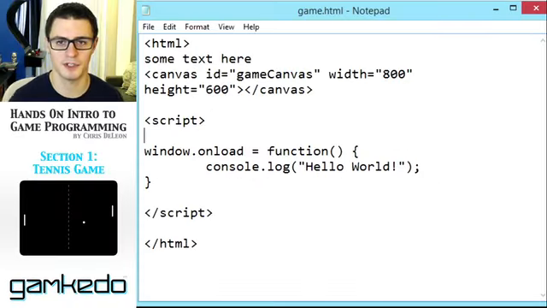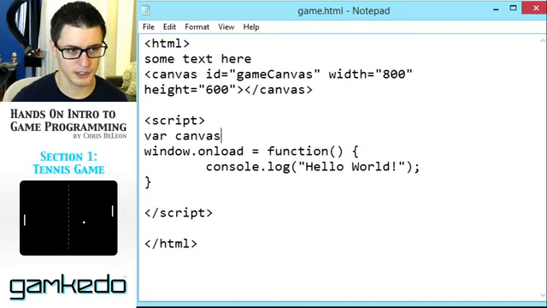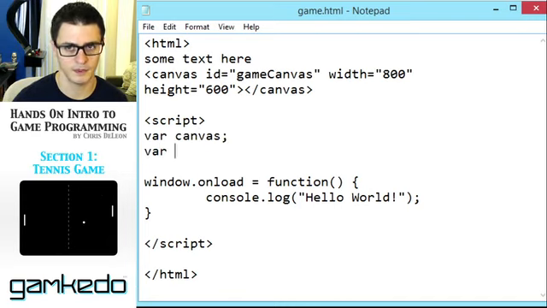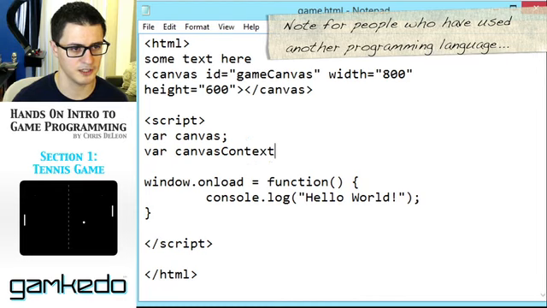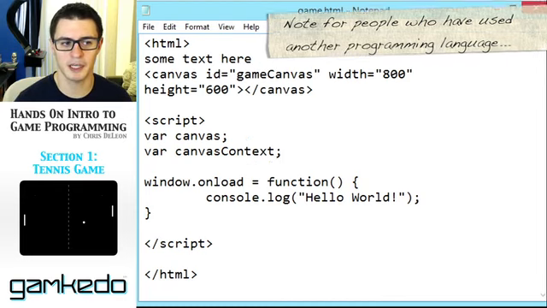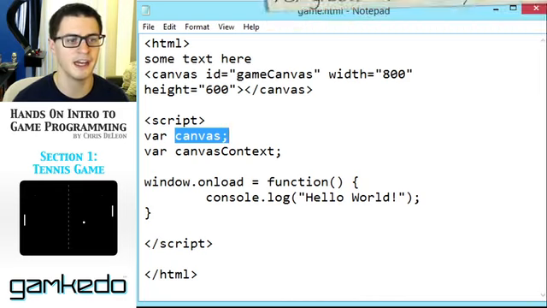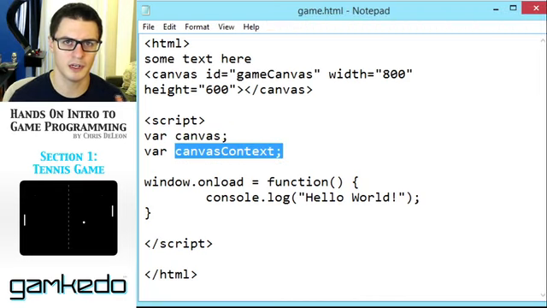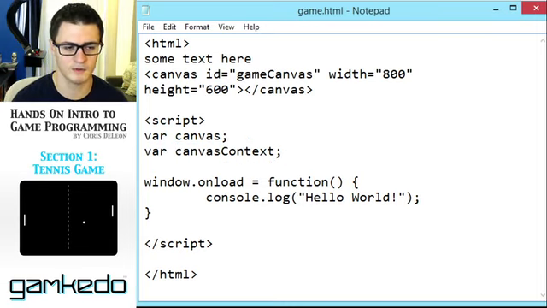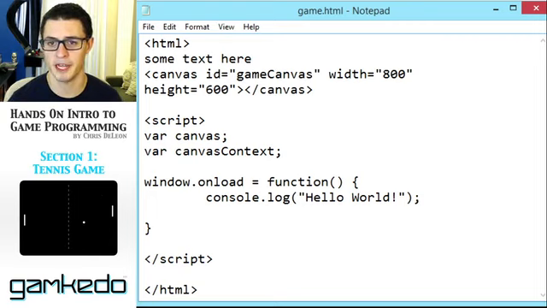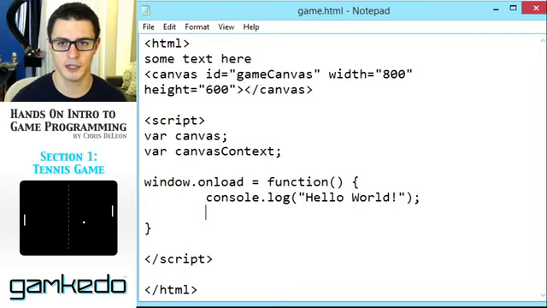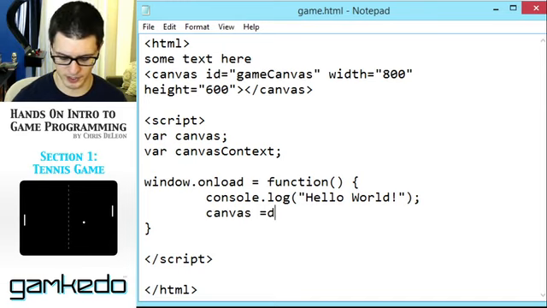Now the next thing we're going to have to do inside script is declare two different variables, var canvas and var canvas context. Canvas is going to be a handle on the information about the dimensions of our display area. Canvas context is going to be sort of its underlying graphical information that we can then draw rectangles and circles or images to. Inside of our window onload function, and we want it here because it means the page is already finished loading, we're going to fill up canvas, that variable we set up right here, with